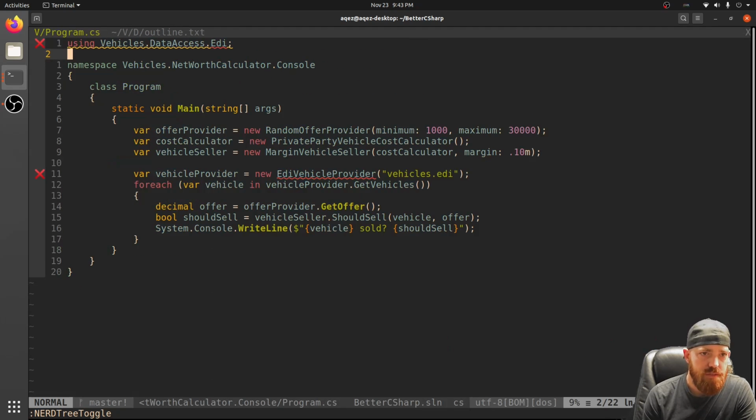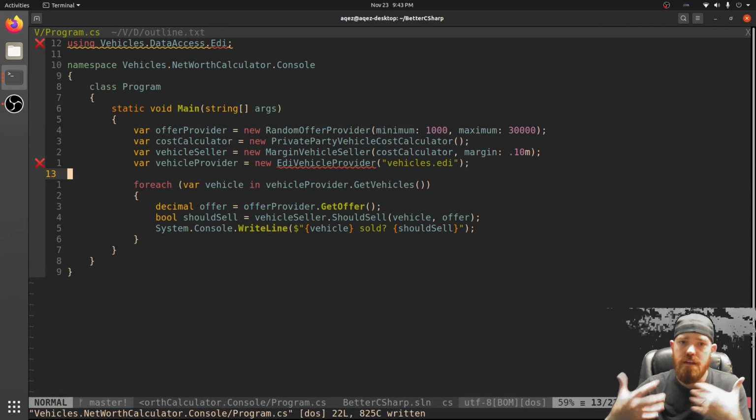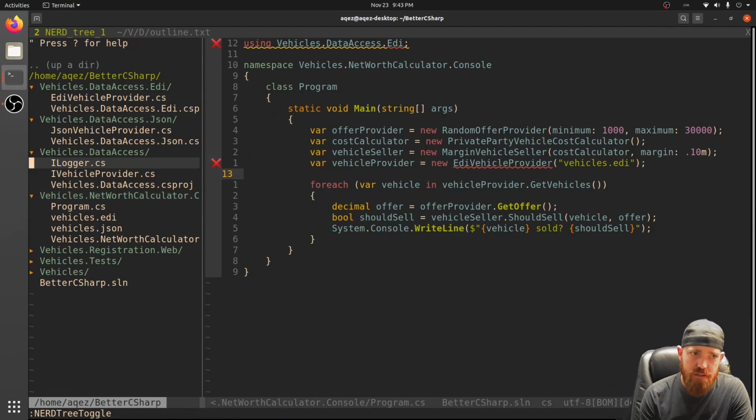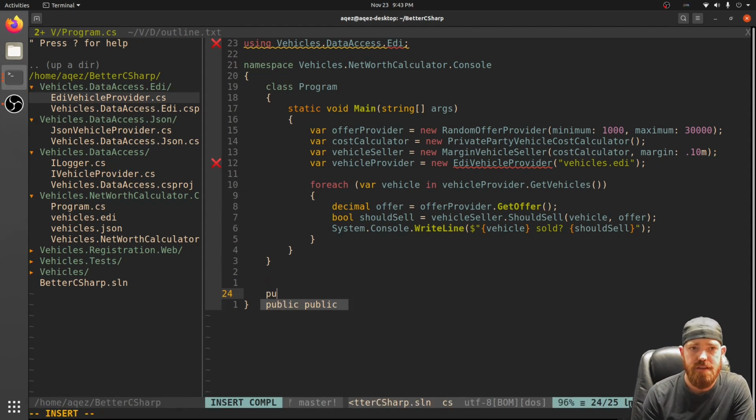And now out here we can actually make an implementation of this. So there are no implementations of this that the data access layer knows about, right? There's not an implementation in here. There's no implementation in the JSON provider or the EDI provider, but we can make one ourselves, just like last time. So if we said public class ConsoleLogger implements ILogger,